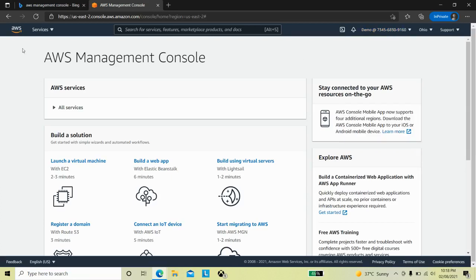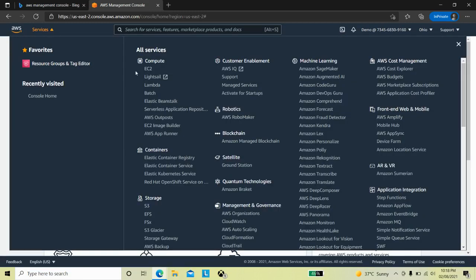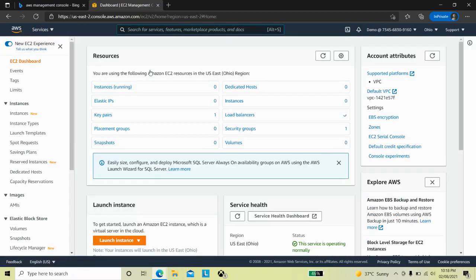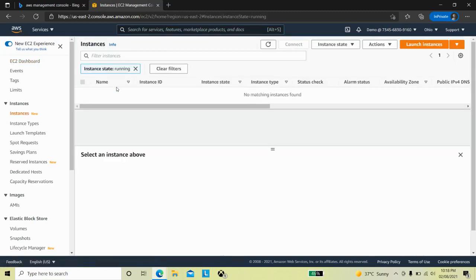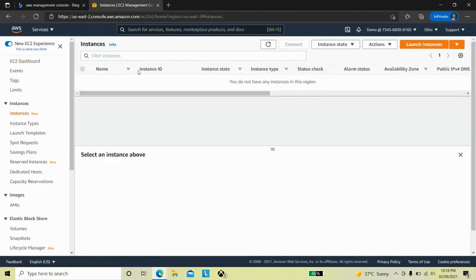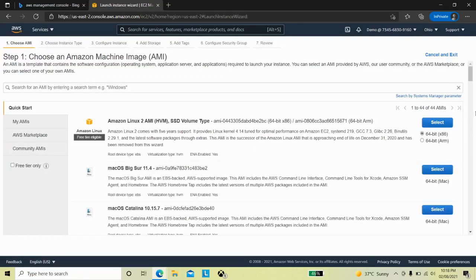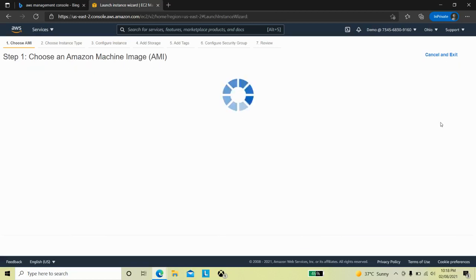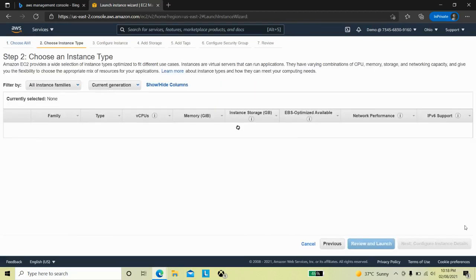So now I will go into the services options and I will choose EC2, because I have given the permission of EC2 for this particular user, that too only read only access. Right now there is no instance over here. I am just trying to launch the instance, so I am able to do all those things. But finally,